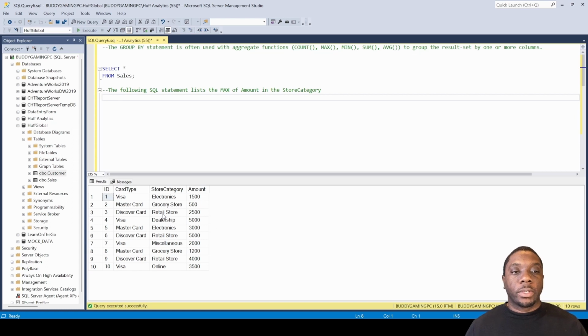Remember, in the first one we used count, and it counted the number of dealerships, retail stores, grocery stores, and electronic stores. What this SQL statement is going to do with the group by is give us the max amount: the max amount for electronics, the max amount for grocery store, the max amount for retail store, dealership, and so on. Let's go ahead and set this up by saying select